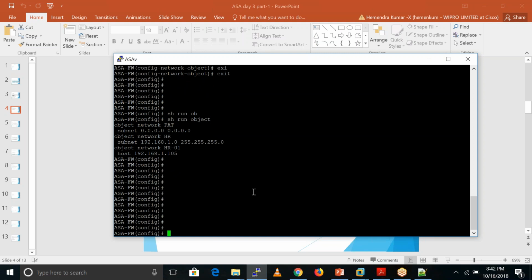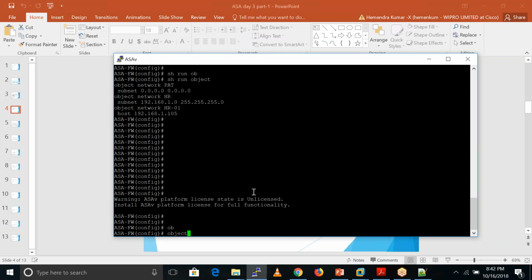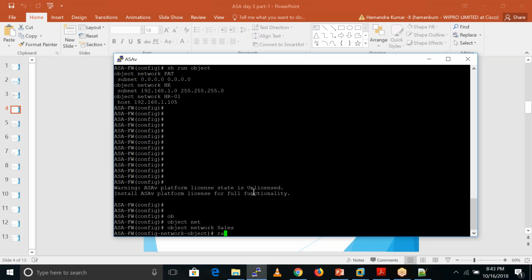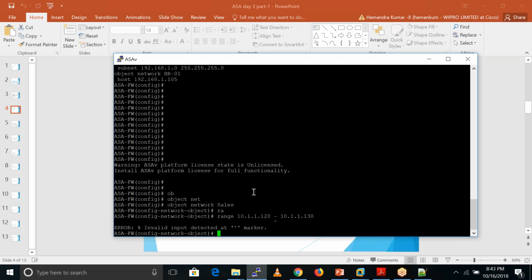Let's suppose the host we configured. If you know the IP address range of the sales department, say you have only 10 sales guys, you just create one object like this: object network, and give the name sales. After that you can define the range, like 10.1.1.120.